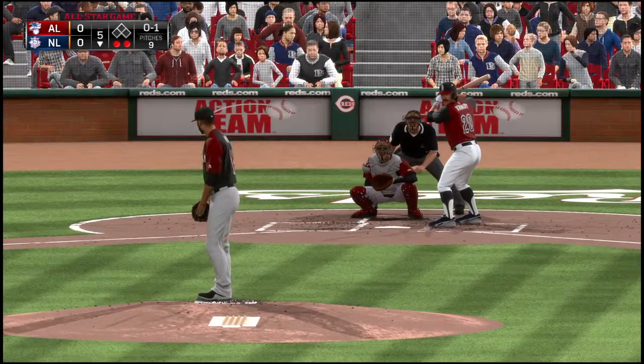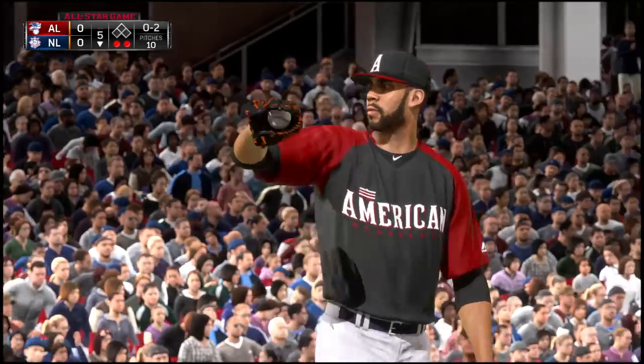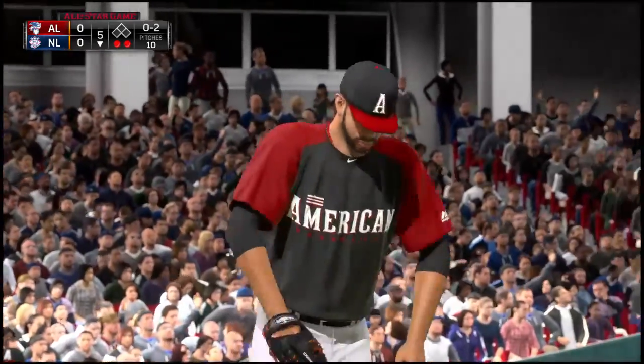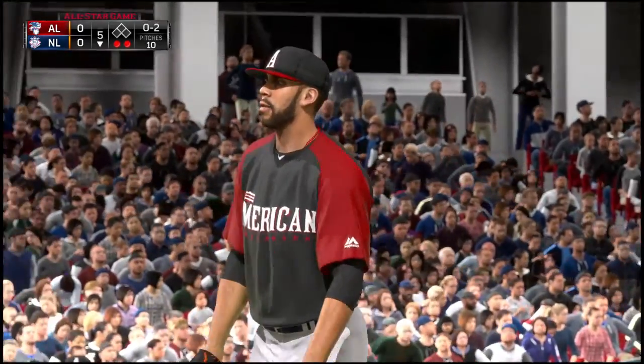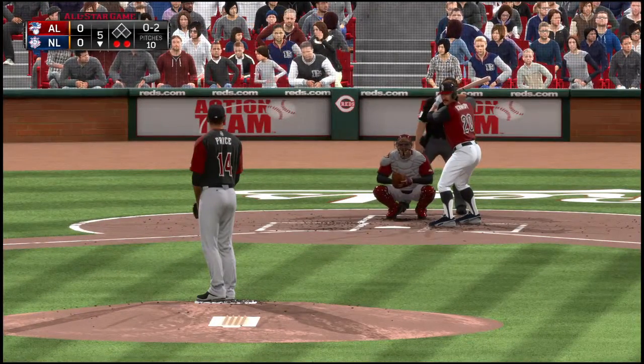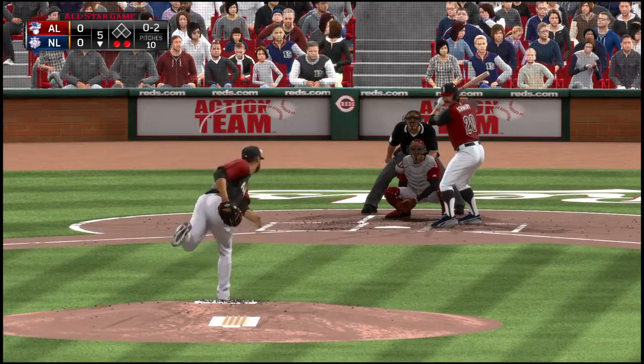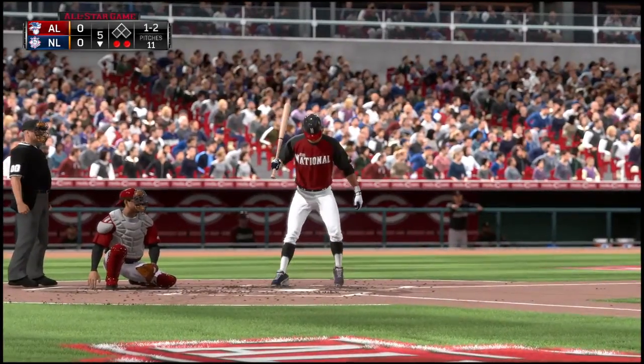Now the pitch. Here we go. And this catches the zone as well. It's 0-2 now. David Price, the major league leader in strikeouts last year. 271 of them. That's a lot of swinging and missing. So when he gets you 0-2, a lot of times it's lights out. Change up, and he ain't buying it.